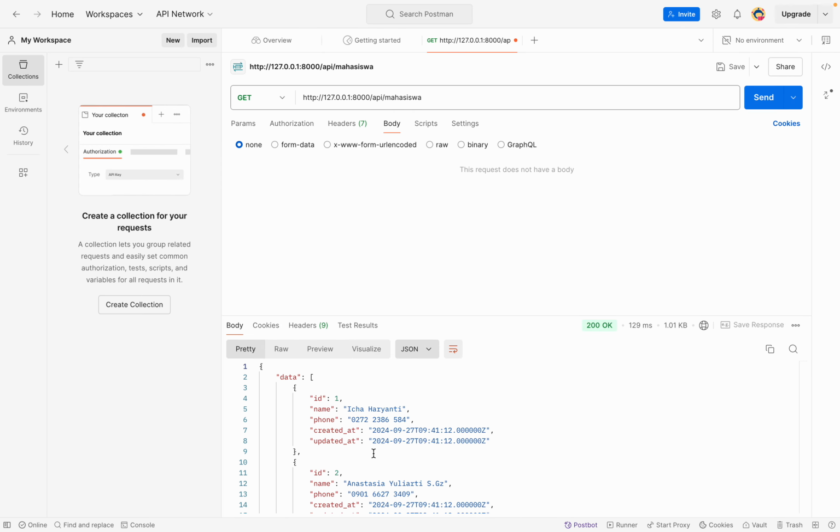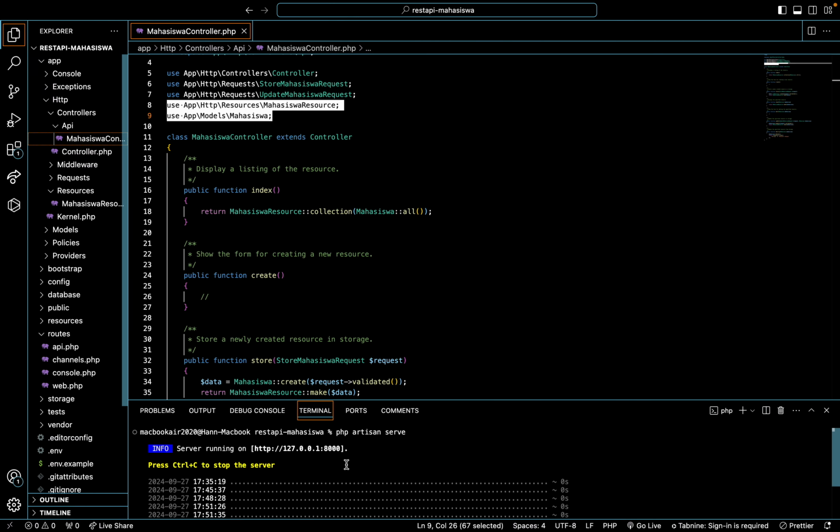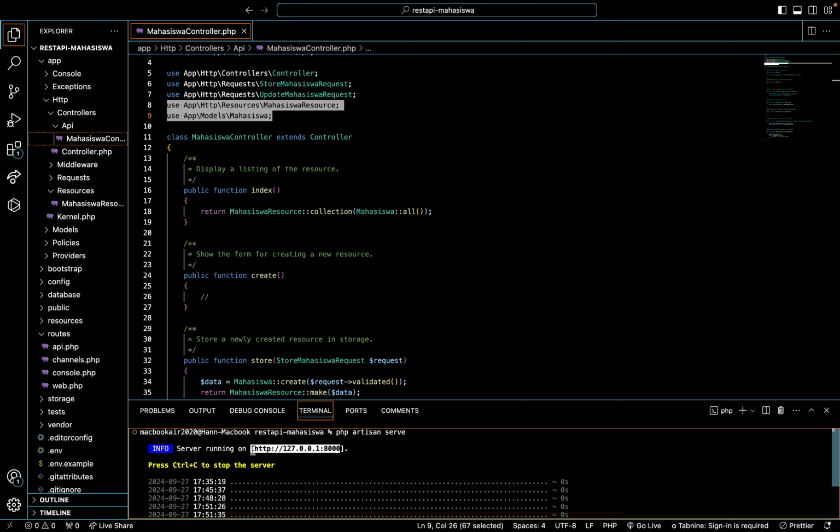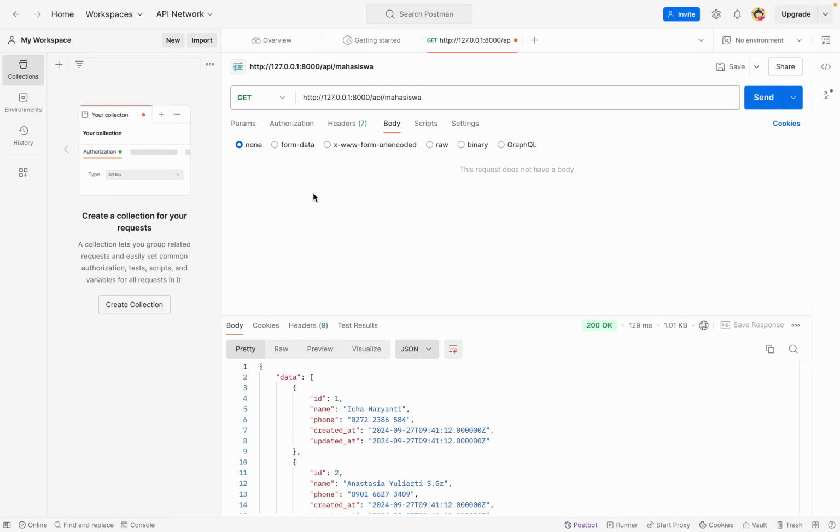Okay, we need to open Postman, and I copy this, because I have done it. I just finished it, and then maybe I only open the DB and send.